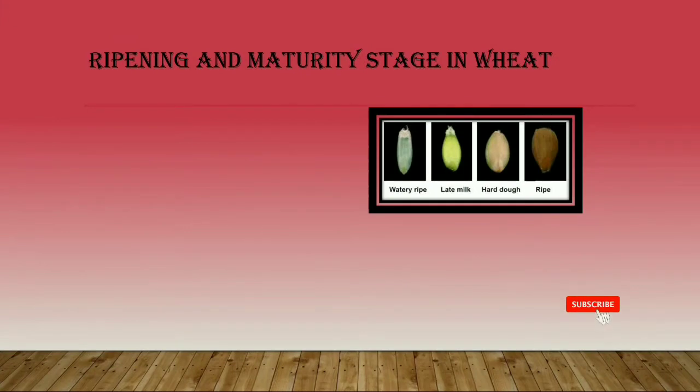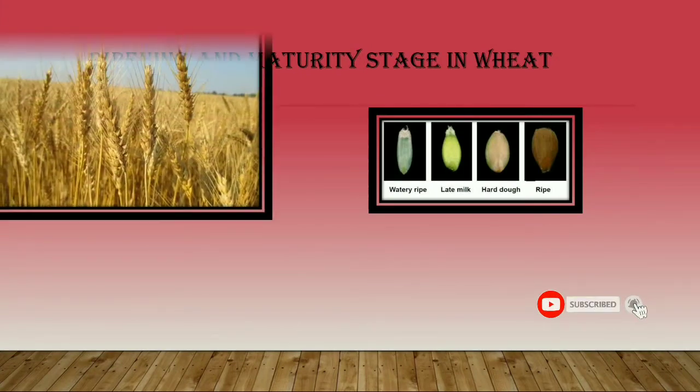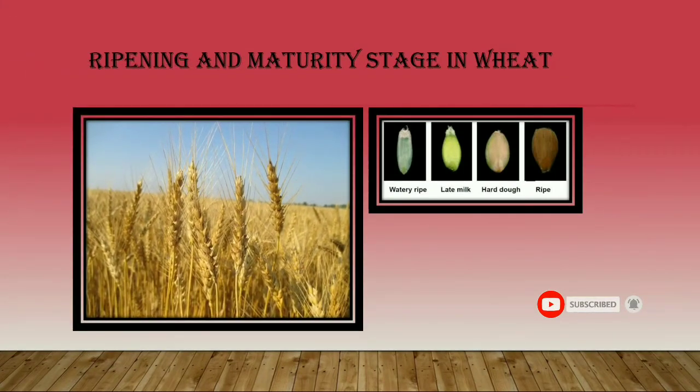ripening and maturity stage in wheat. The ripening stage begins after the pollination. The ripening is divided into four levels of maturity: milk, soft dough, hard dough, and finally mature. It is during this stage that the wheat plants turn to a straw color and the kernel becomes very hard. Coming to the next stage, we have